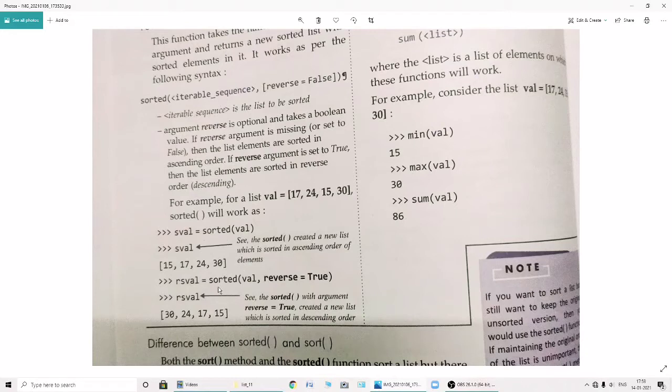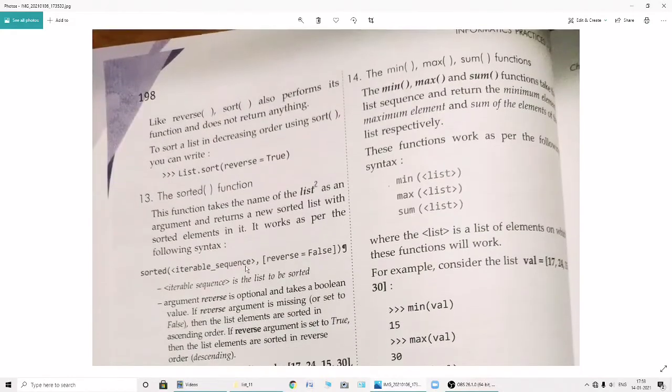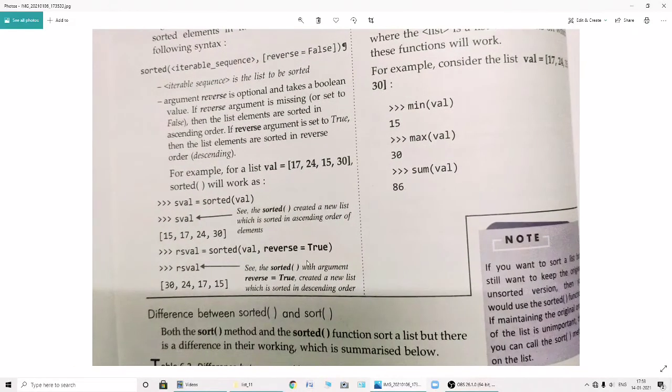Then reverse is equal to true means it will come in decreasing order, otherwise in increasing order. As we have done here, reverse is equal to true means it will create a new list which is sorted in descending order.